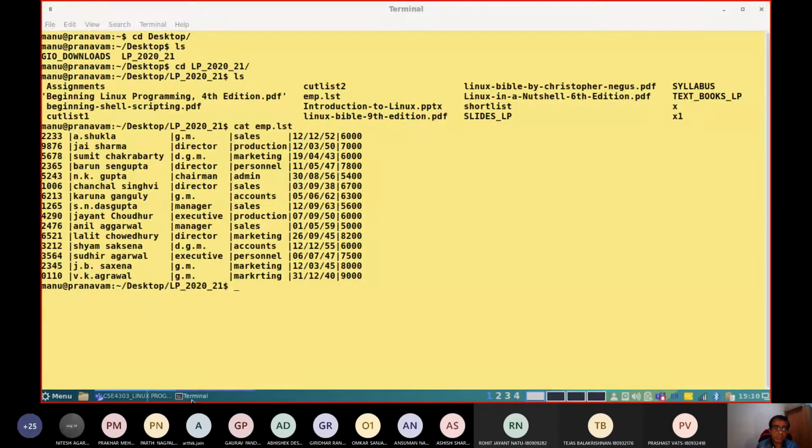I will continue as usual with the demonstration. One more point to note is that sometimes you may get GAWK as the application. GAWK is the same thing, very much equal to AWK.